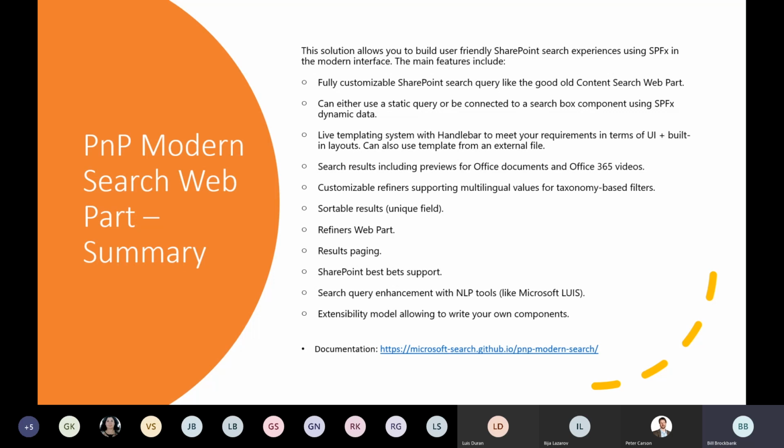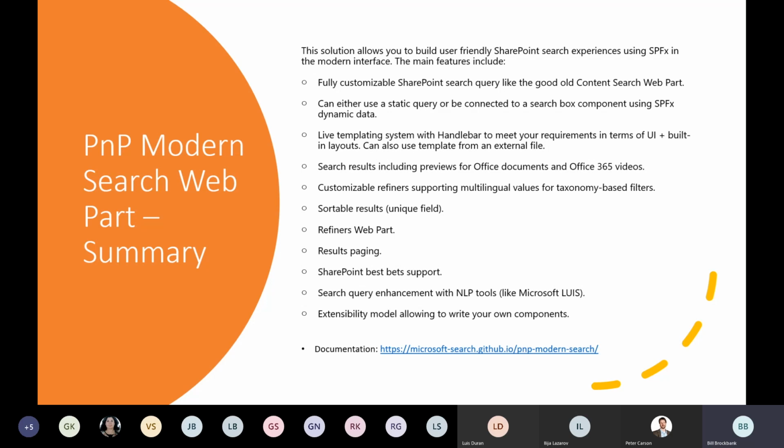The search results include preview capabilities, so you can get preview boxes like you have seen before. You can get mouse over capabilities, that type of stuff, pop-ups. You can control the sort of your results, which is something you want to be able to do with any field that you can index, and that includes custom fields. So if you've gone through and created custom search properties, with the ability to order things, you can go leverage that. It has pagination built in, so you get the results and the paging, and you can get totals out of it.